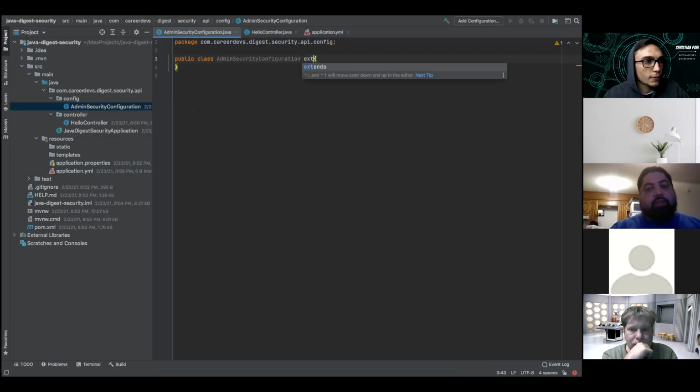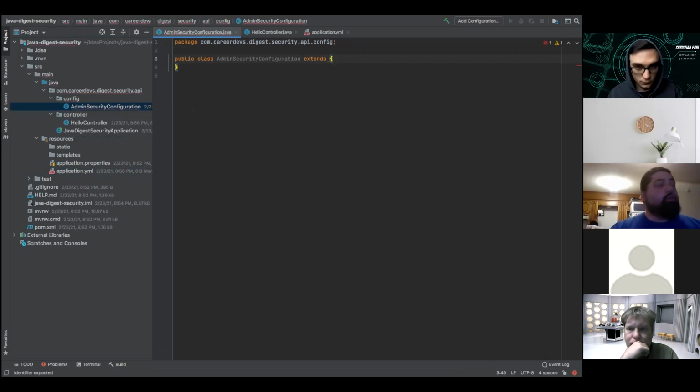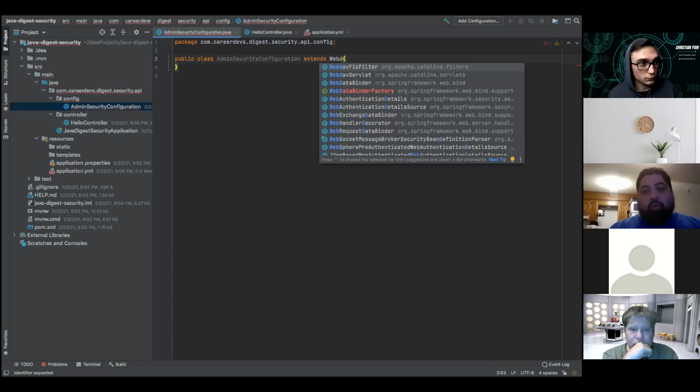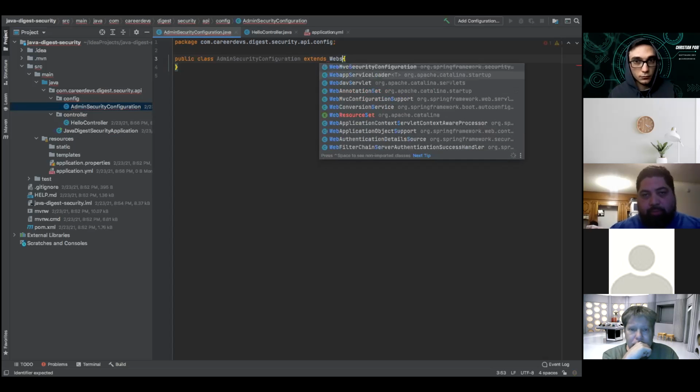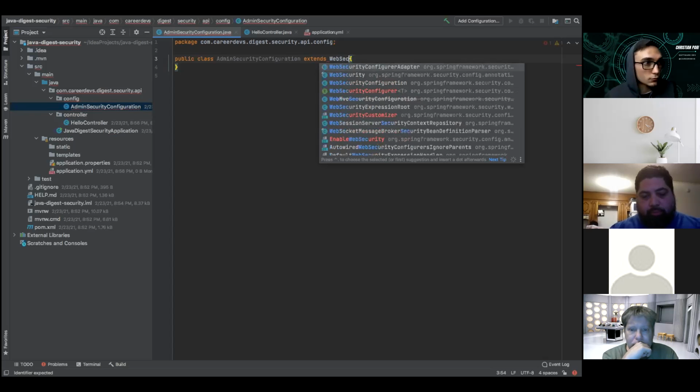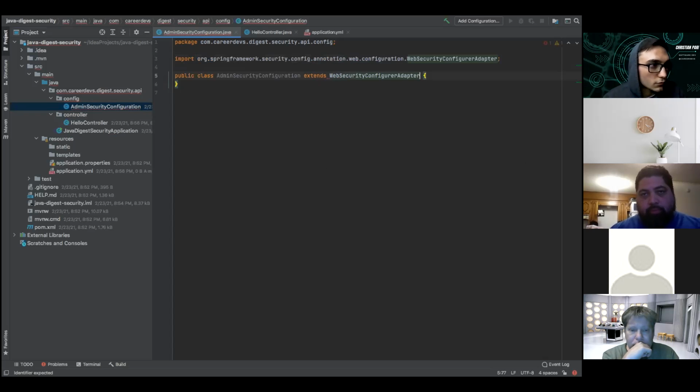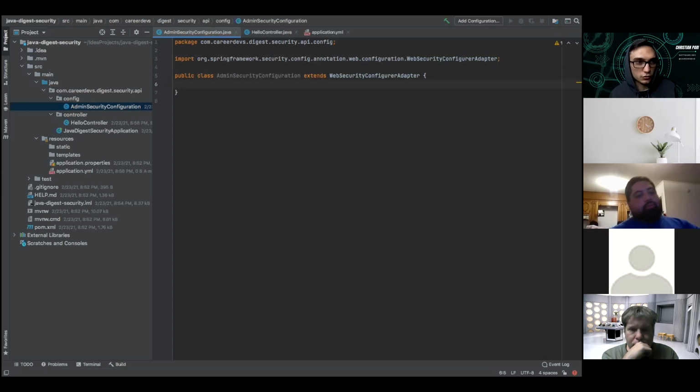So we're going to extend WebSecurityConfigurerAdapter like we did before. Look at that. Oh, now it works. Okay, nice. Usually when you hit tab, it might, but if not, sometimes you just gotta right click. Yeah. All right. So for this public class,